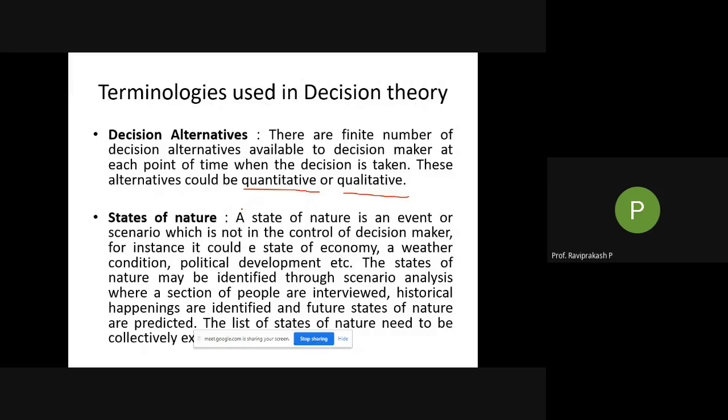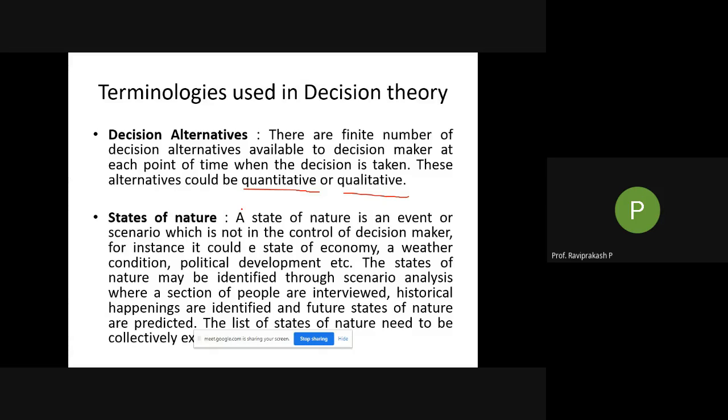So qualitativeness comes here. You need to get up early, get ready as soon as possible and be there at the pickup point, or be there at the bus stop or somewhere. You need to be there at the right time, otherwise you are going to miss that particular bus or that particular share auto. So this is what we need to take into consideration, the quantitativeness as well as the qualitativeness. Usually we take the quantitativeness here because in decision making the qualitativeness is very rarely taken into consideration, because we are looking at profits and loss in terms of numbers. So this is decision alternative.